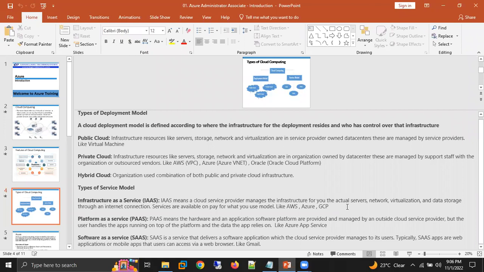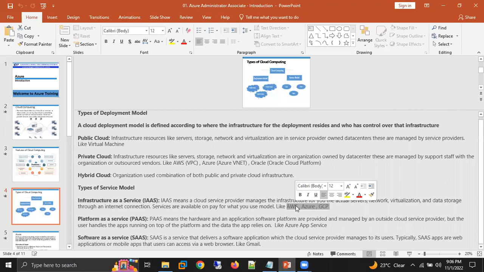What is the main difference actually between IaaS and PaaS? IaaS is infrastructure. Platform as a service is where developers are just uploading the code and everything is managed by the Azure team. Azure is an infrastructure. Cloud is called infrastructure. Azure is infrastructure as a service. And under Azure, there is a service called Azure App Service. That particular service is called platform as a service.